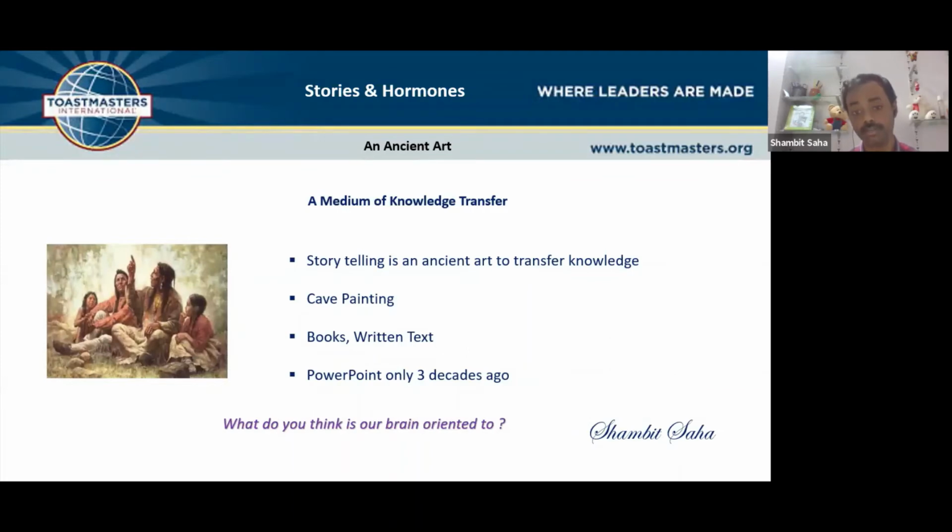Before I close this part of the session, where we covered hormones and the biology of storytelling, know that storytelling is an ancient art. Thousands of years ago, when people started communicating, they would gather around a fireplace and tell stories. Storytelling was the ancient art of transferring knowledge. We do knowledge transfers, KTs, everything, these terms. Tens of thousands of years ago, people would tell stories to transfer knowledge. That's how the great stories of the Ramayanas and Mahabharatas and every Odyssey that you look at in the world have evolved through